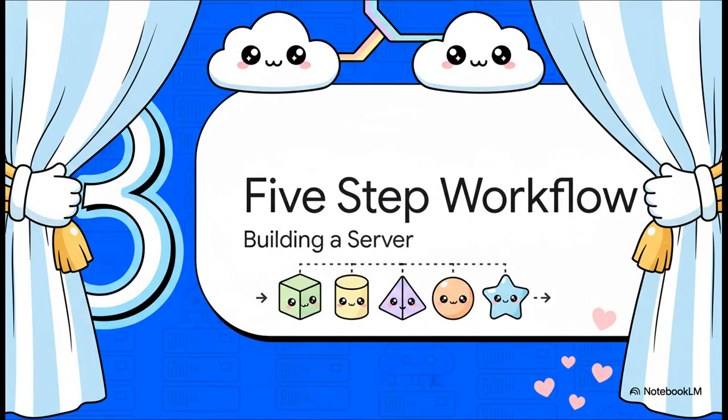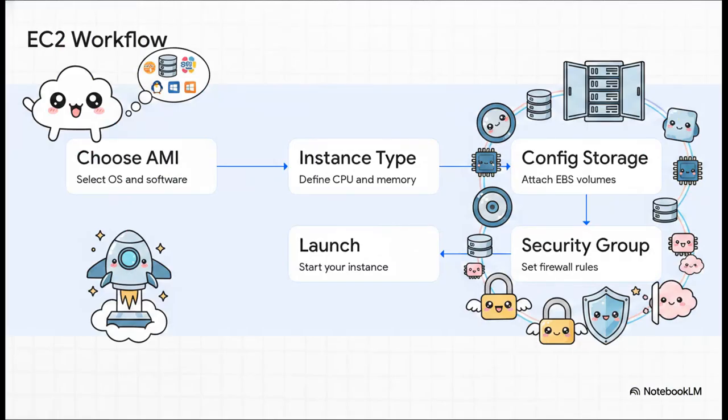Okay, Section 3, the 5-step workflow. It might sound incredibly complex, but we can actually break down the entire EC2 workflow into 5 highly logical steps. It goes: choose an AMI, select your instance type, configure storage, configure your security group, and finally, launch the instance. Let's break each one of these down so you can see exactly how a cloud architect builds a server from